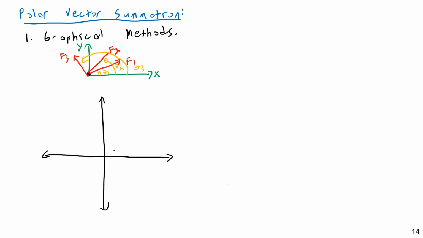appealing. But nowadays, if we have hand calculators, or even if you don't have a hand calculator, every cell phone has a sine function calculator built into it. So it's usually not worth doing these methods. I'm including these more for the sake of completion. So the first method, graphical methods, you could just do, really just plotting them literally to scale, head to tail. I would maybe first plot F1